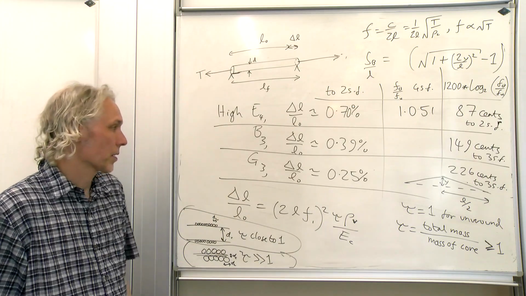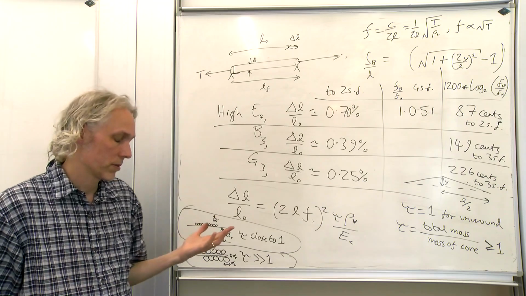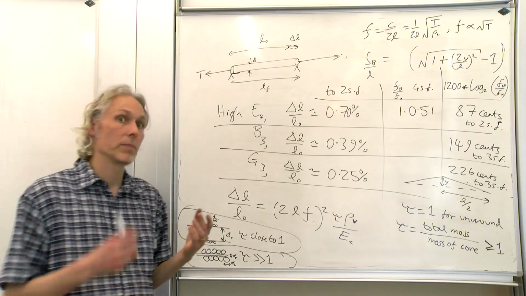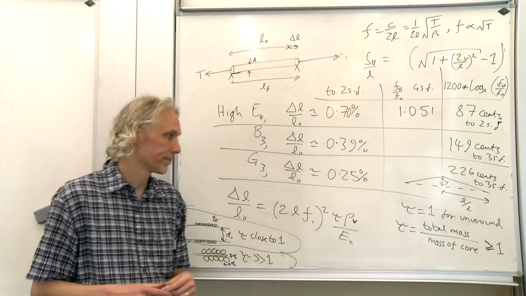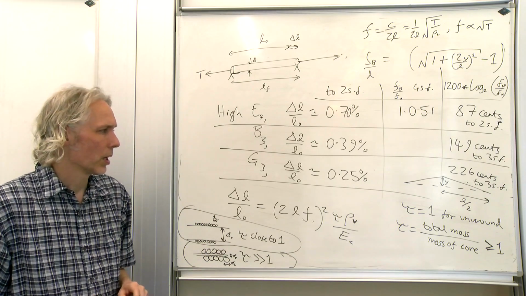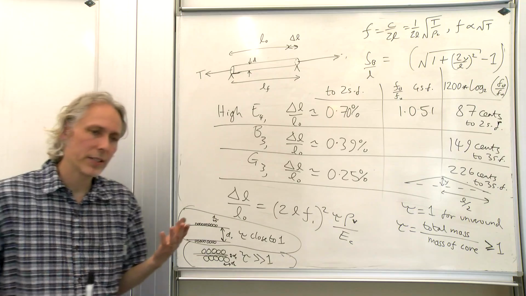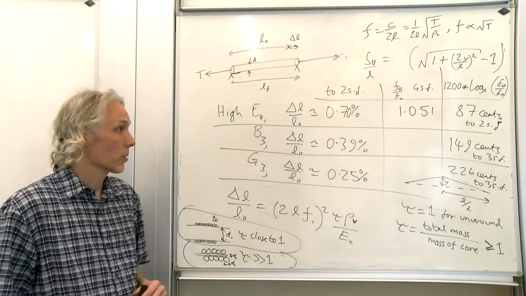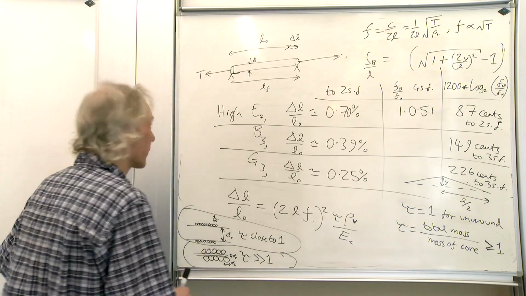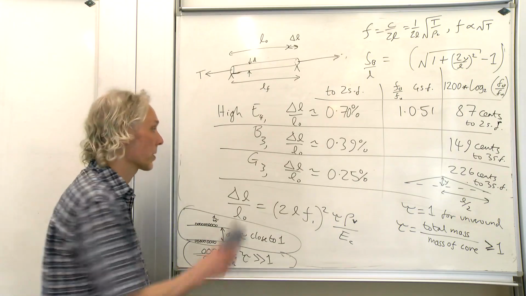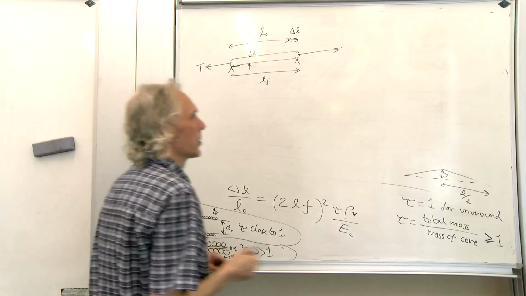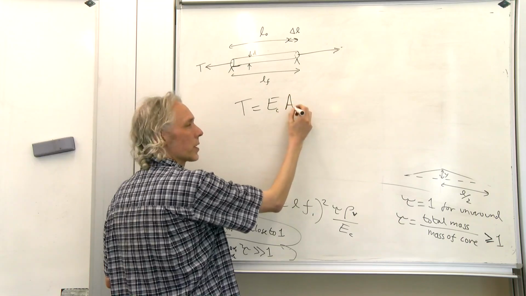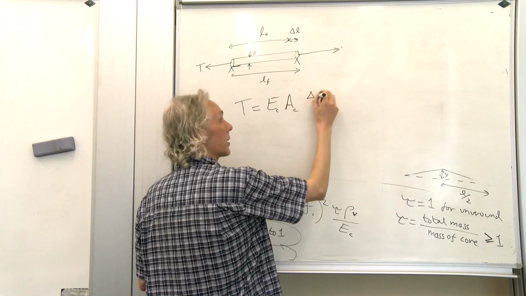Okay, so essentially, if we want equal tension and we want equal bendability, we want to make equal tension and equal engineering strain. So rather than worry about the fine details about the equations for the mass in a winding, there's quite a simple way of actually writing down the relevant and important aspects of the mass to this. So remember, tension equals E of the core times A of the core times delta L over L naught.